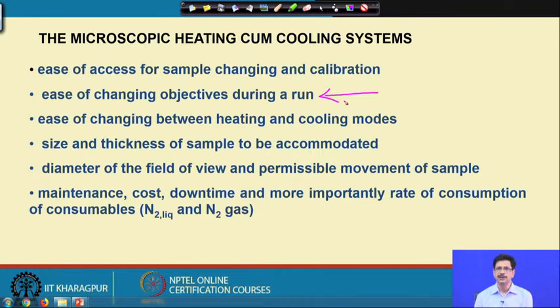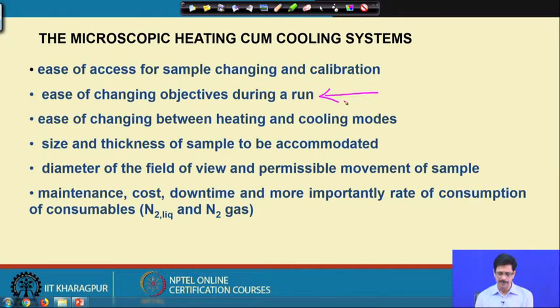The inclusion that we took a freezing run on sometime, we want to get it back and take a heating run, we may have to change the objective to a smaller magnification, and this change of objective is done while the microscope stage is actually fitted with the hot and cold system. So, this also is an important criterion for the